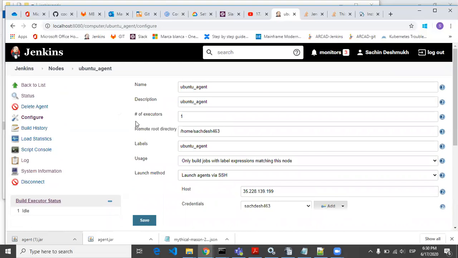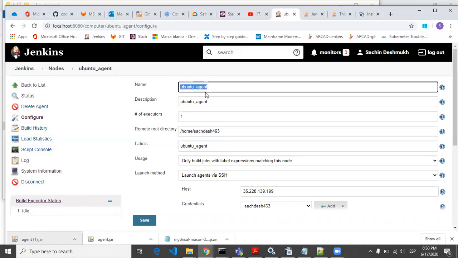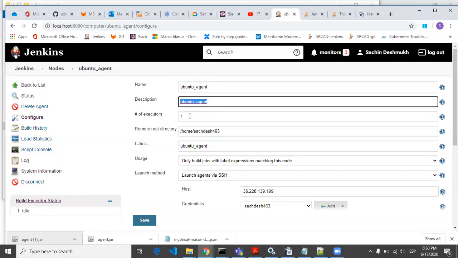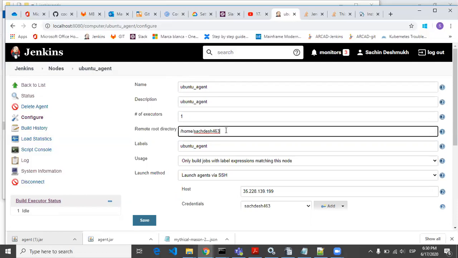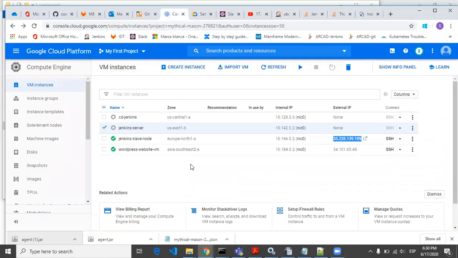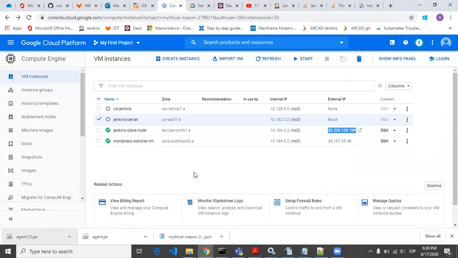The same way you need to configure, just something will be changed. I'm giving this name as Ubuntu agent, description the same, number of executors will be 1. Now here the remote root directory. I am using Google Cloud Platform, and in Google Cloud Platform I have created one virtual machine, and that virtual machine will act as a slave node for Jenkins.